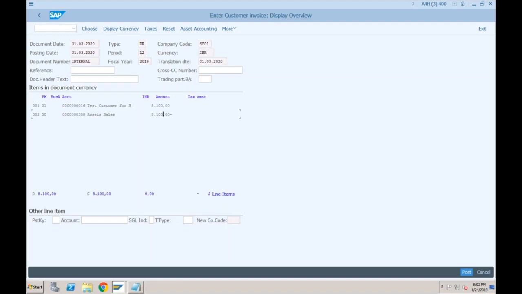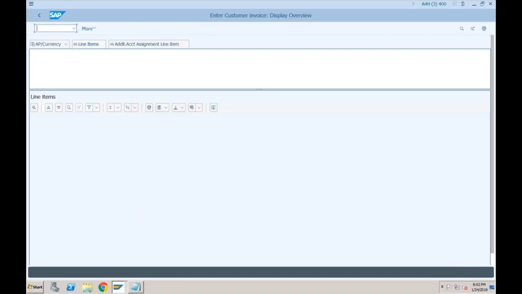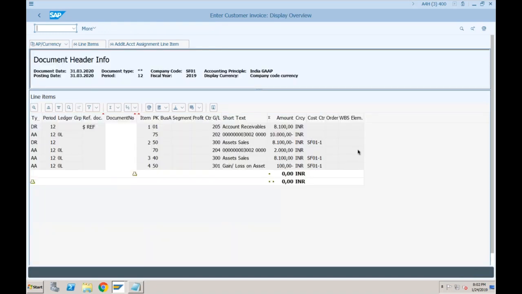Okay, but apart from this, there are also some other things which are happening in the asset accounting. So if you click on asset accounting, it will give you the complete picture. Okay, so you can see what is happening. So currently we are seeing this picture for IFRS, or maybe we are looking at Indian GAAP. Yeah, we are looking at India GAAP as of now. So in case of India GAAP,